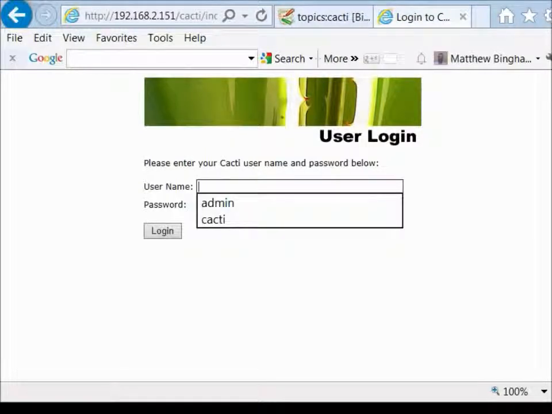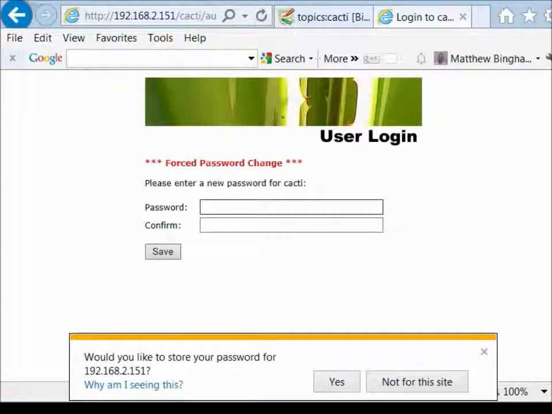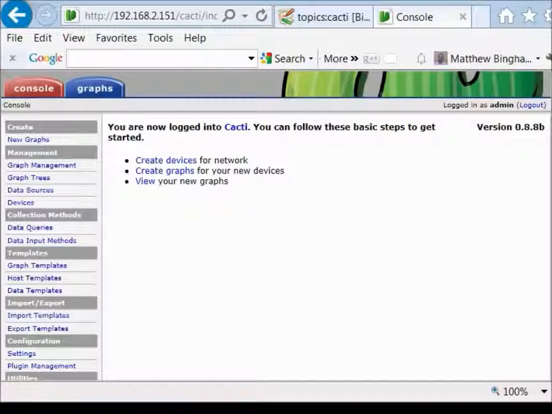The initial login is going to be admin and admin. And it's going to force you to change the password. And then put in a new password. And that is the installation of Cacti